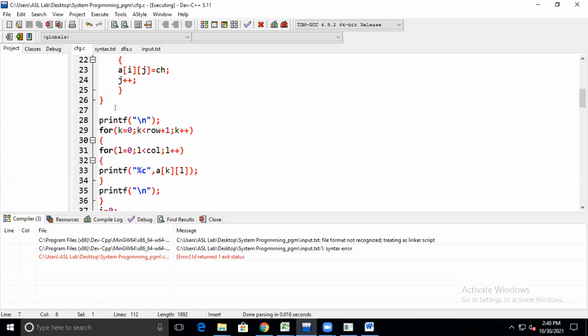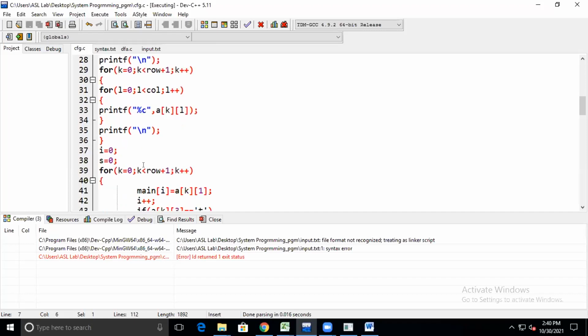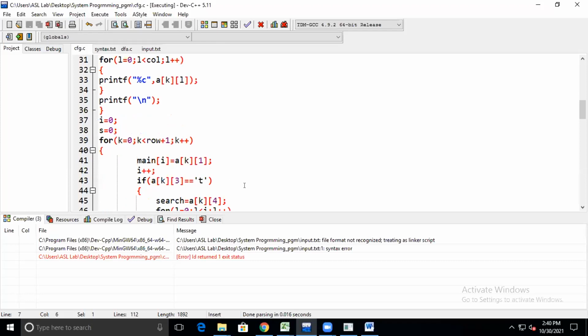So simply when I'm saying that these values are satisfied for the conditions given for K, L, again if the array is satisfied with the same size, then it should print I equals 0, S equals 0, and similarly the row values will get executed over here. It is, I think, a 300 line code, so it is not possible to write, but you can understand what we have done over here. Incrementing, then conditions for T. That T is nothing but your symbol table.